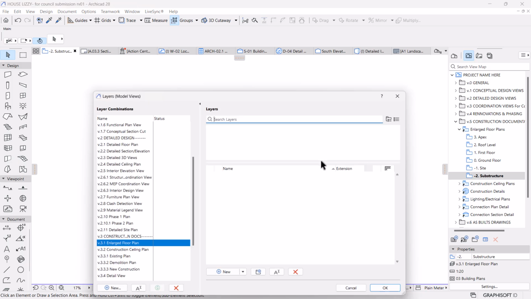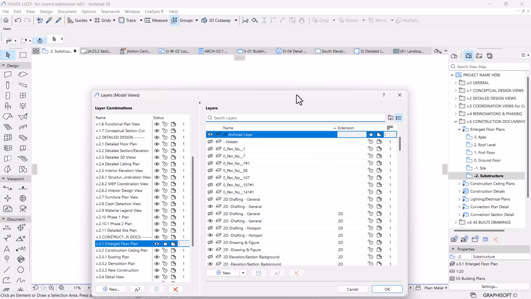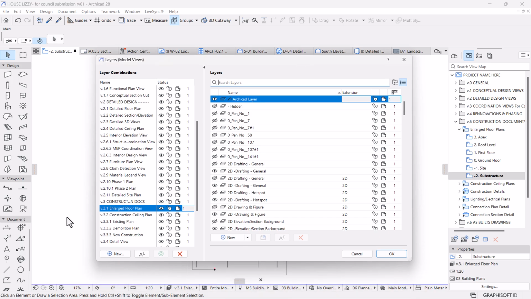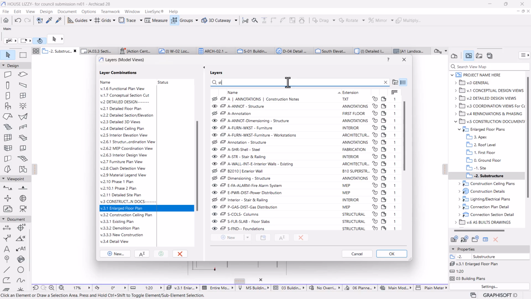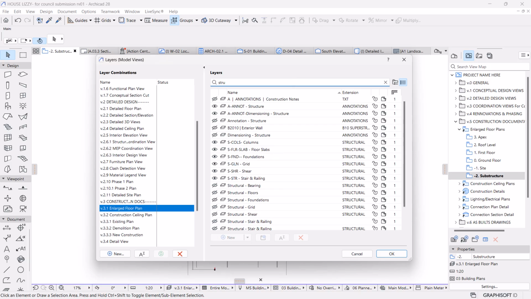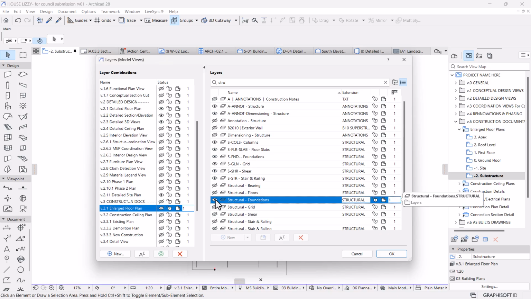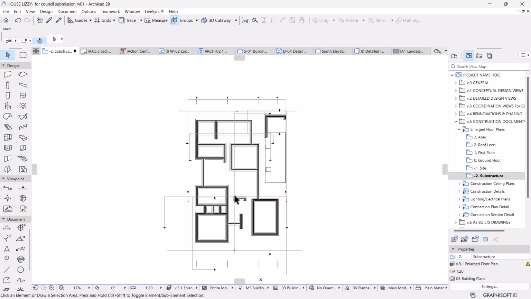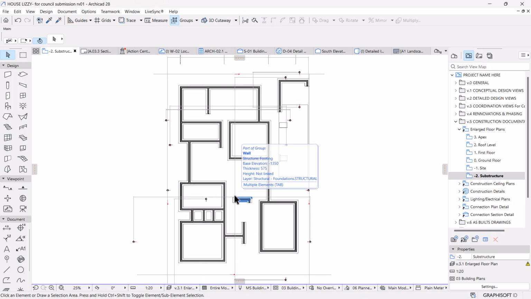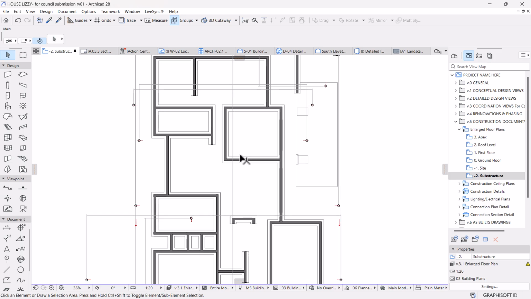Control L to bring up my layer settings. While we're still in the layer settings, I'm going to activate the enlarged floor plan. This is basically for the construction documents layer combination. So I'm going to search for the structural foundation layer, which is this one, and make sure it's active in this layer combination. Let's update and apply. Okay. Perfect. Now we have our base as the footing